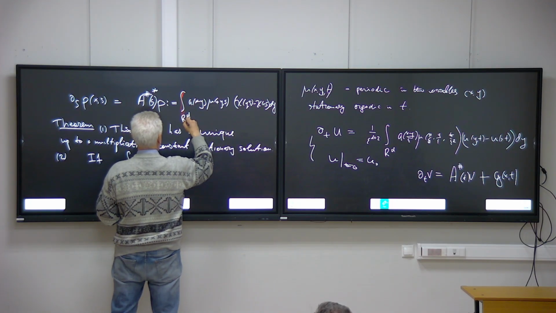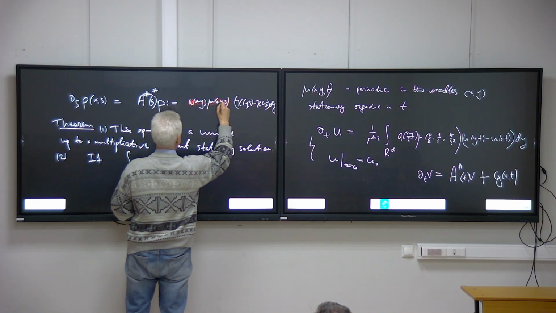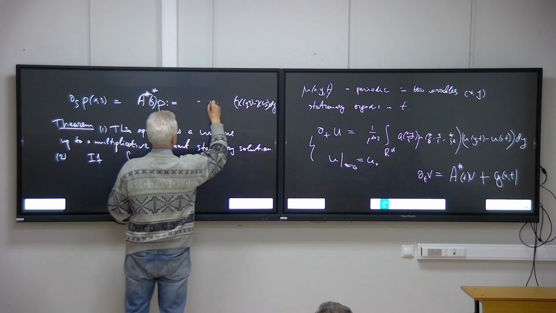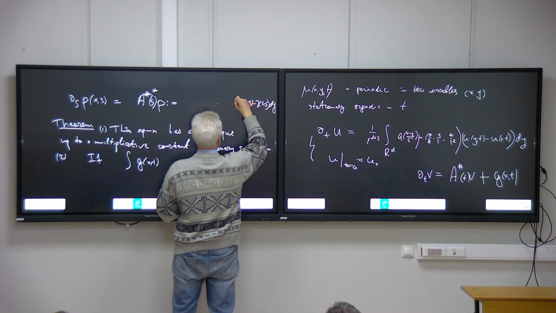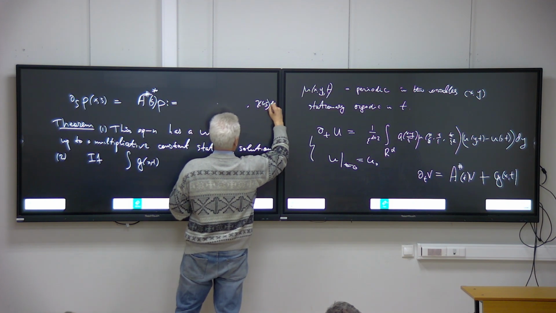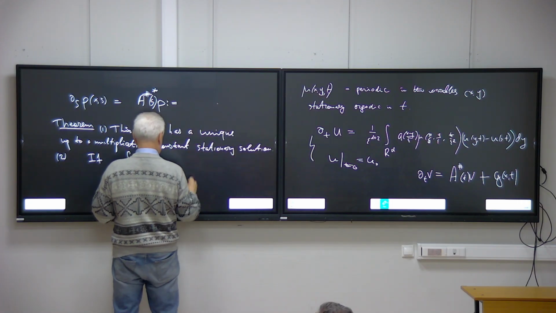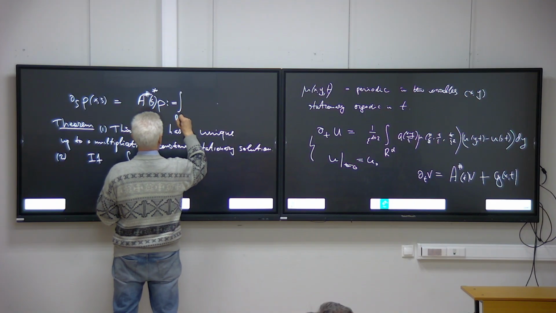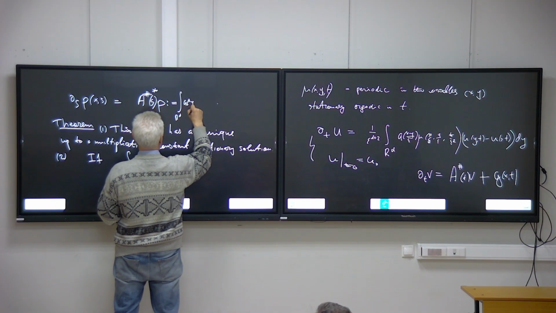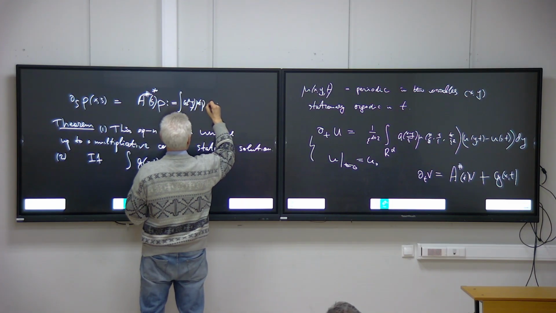I want to remove this part. Let me write it down, because it's a joint operator. Sorry, it's a joint operator, and this joint operator is the integral over Rd of A of x minus y, mu of x y, dy,